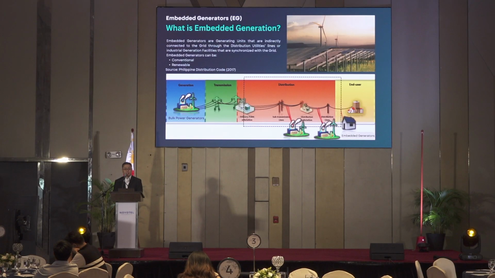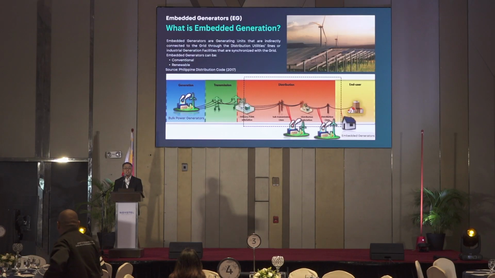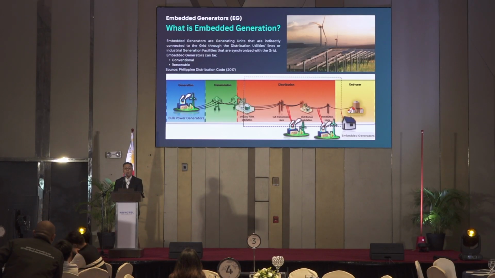Shown at the bottom of the screen is a simple infographic of our power distribution system. The area in the hash rectangle is the distribution utility, and the embedded generation, as mentioned before, are connected to the subtransmission level, directly to the substation or the distribution facilities, as well as the house level. These are denoted by the small generation units you see at the bottom, which are connected to the distribution grid by the red wires.